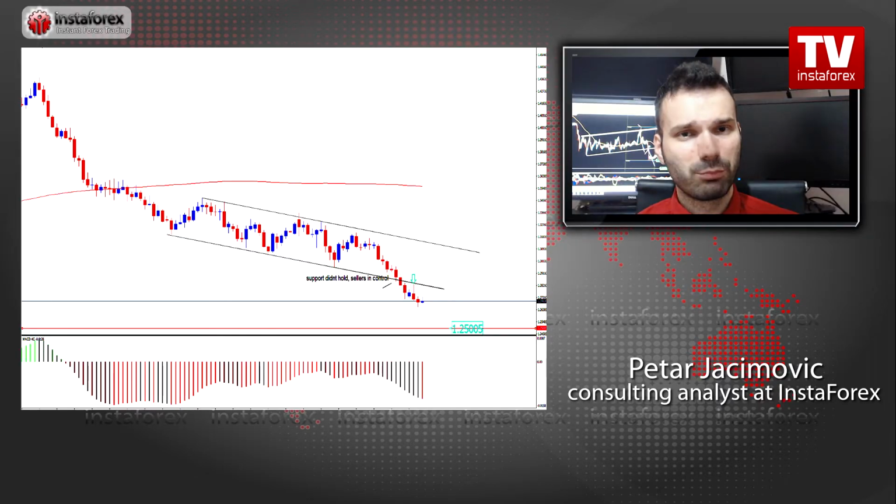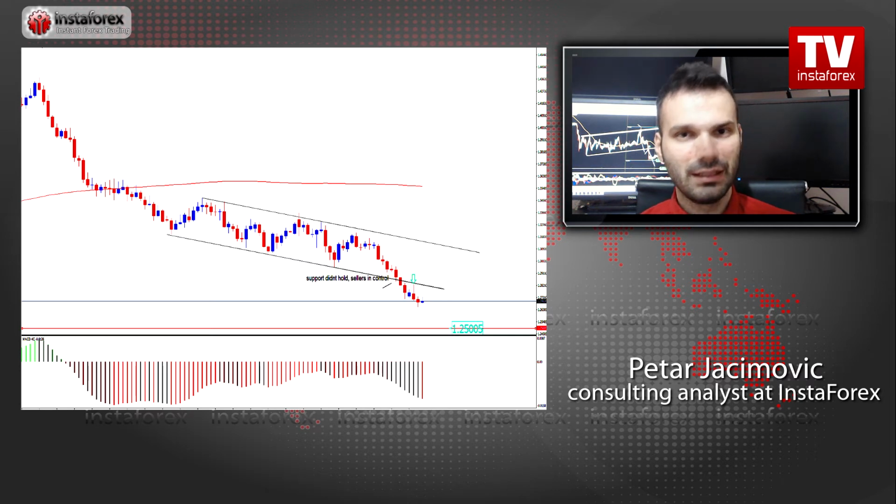On the British pound versus US dollar, I found a broken support trend line. And this support trend line is basically from the downward channel. Since the buyers didn't have power to react to this support, the sellers got a very big power and they took this support. So now my focus is basically set around the target of